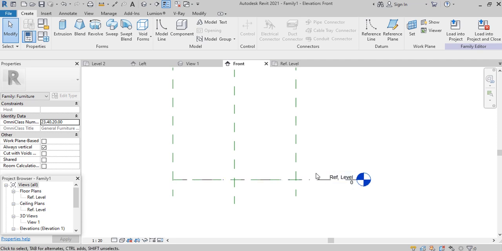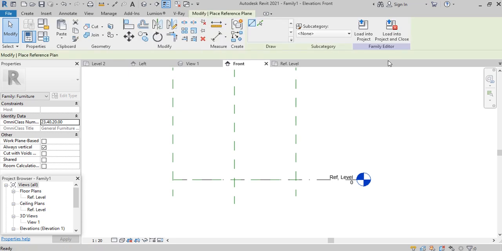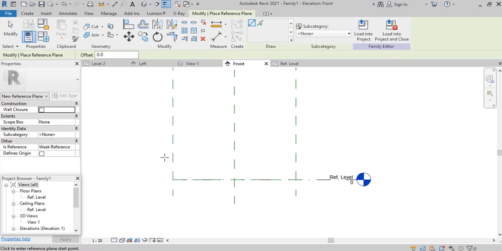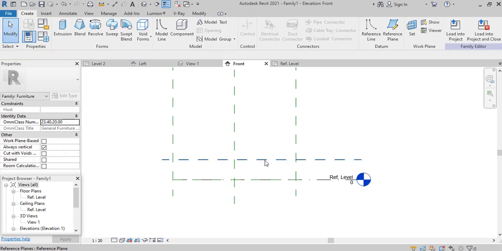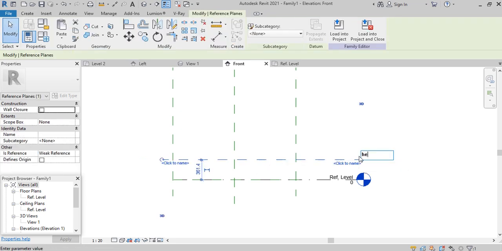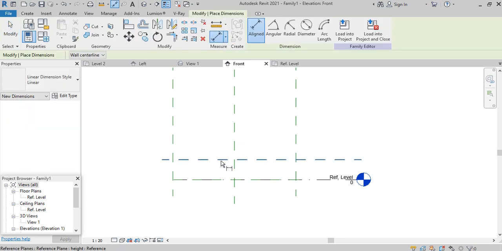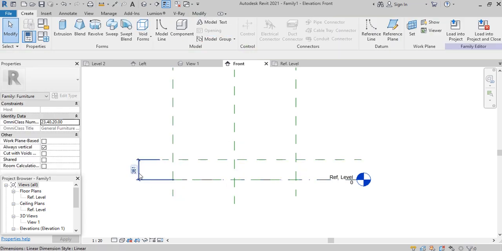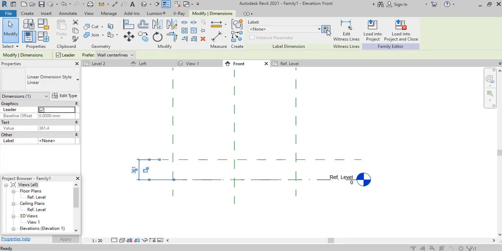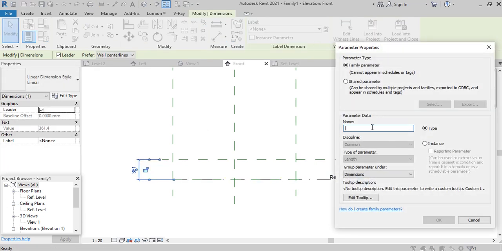of our geometry. So I go to reference plane once again, and then I make a reference plane just like that. I can call it the height, and I also control the geometry by using dimensions. So I drag this out and I select the dimension and create a parameter for it. So I call it